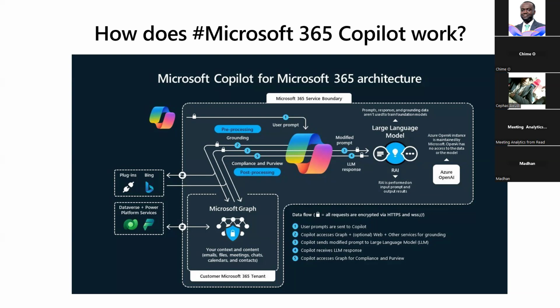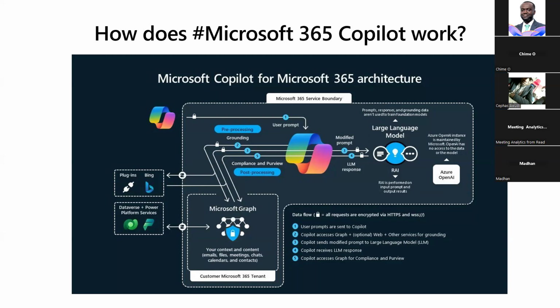But this approach is called grounding. So you look at the process, it will look at the inputs you've provided, yeah? It will look at improving that prompt in order to help you get your answers, and not just help you get answers, but also help you get answers that are relevant and actionable to a specific task, yeah?